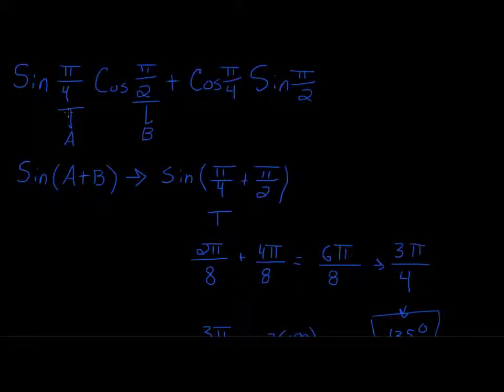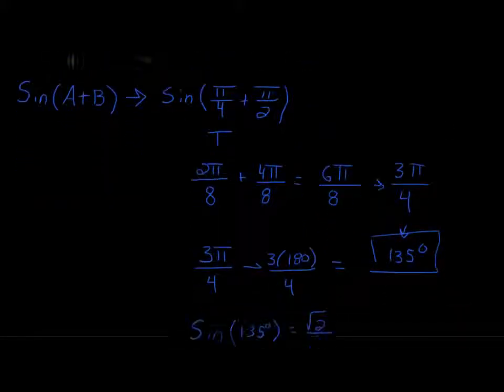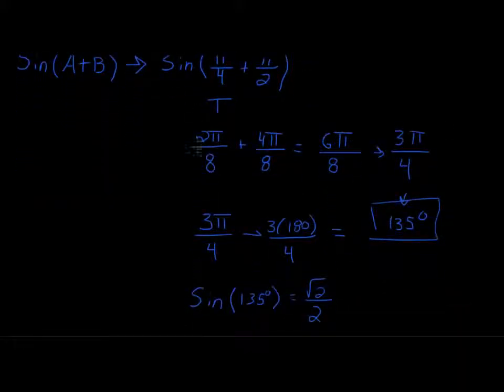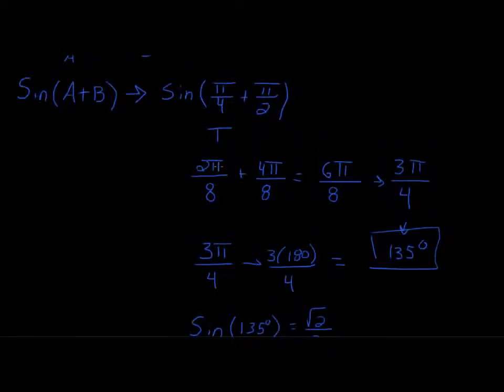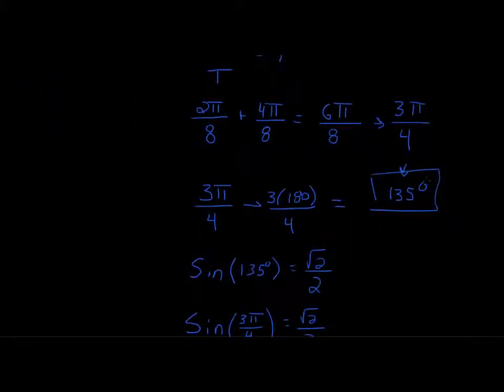So it would become sine a plus b, which is the sine of pi over 4 plus pi over 2. When you add those together, you would have to go back and review your fractions. So to get a common denominator between these two, the common denominator is 8. So you multiply this one by 2 and the right one by 2. You end up with 6 pi over 8, which reduces to 3 pi over 4. Just convert that to degrees. Either look on your